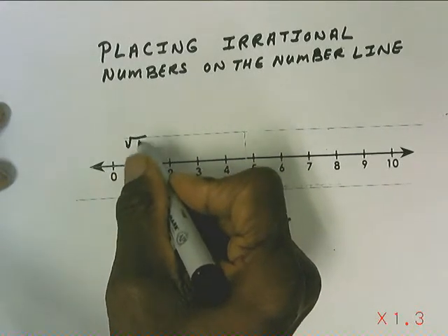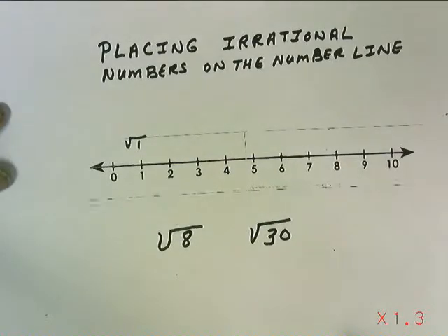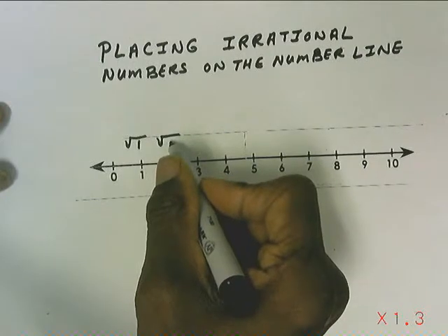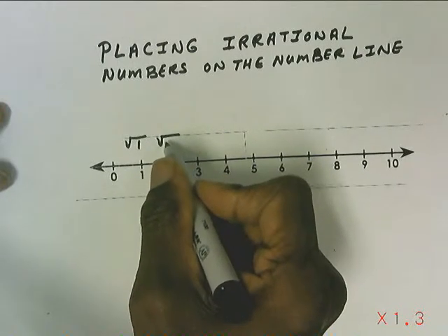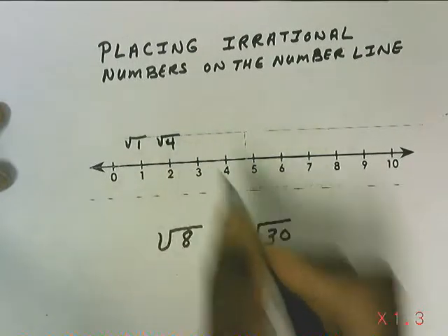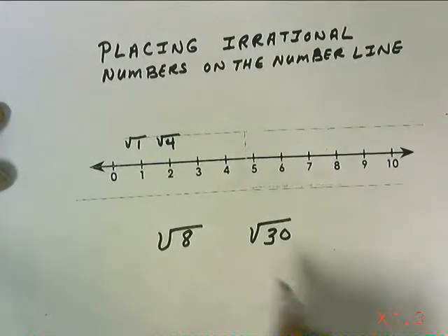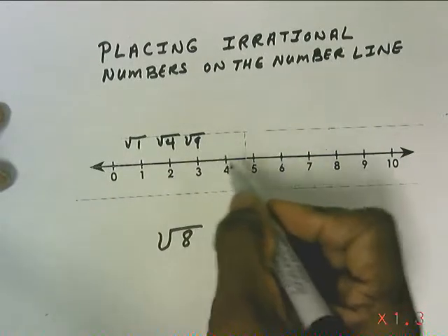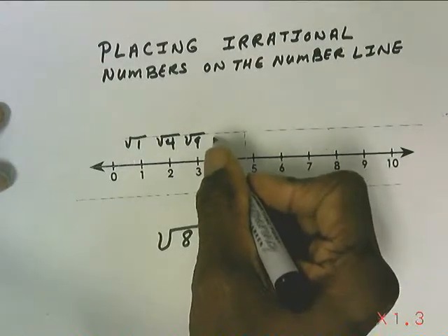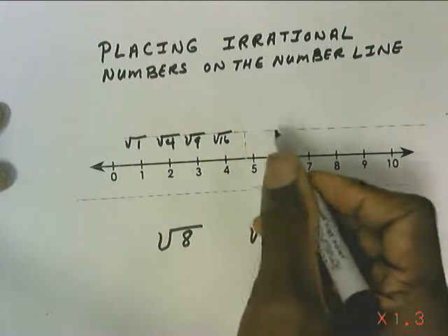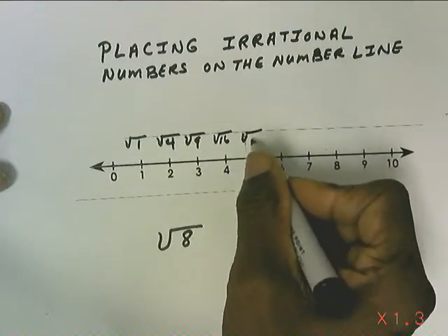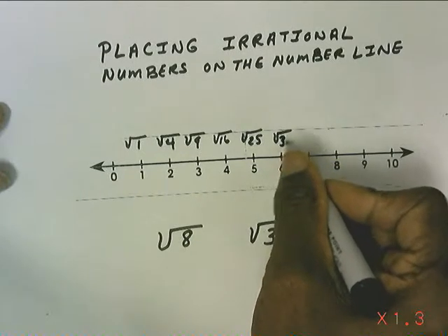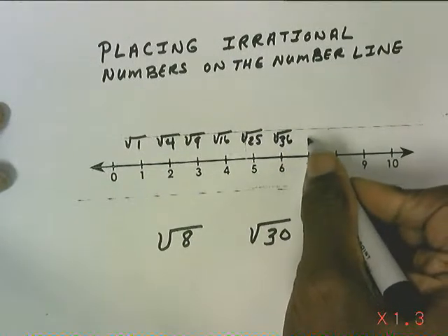is placed here. The square root of 2, when we multiply 2 times 2, we get 4. 3 times 3 would be 9. 4 times 4, 16. 5 times 5, 25. 6 times 6, 36. 7 times 7,